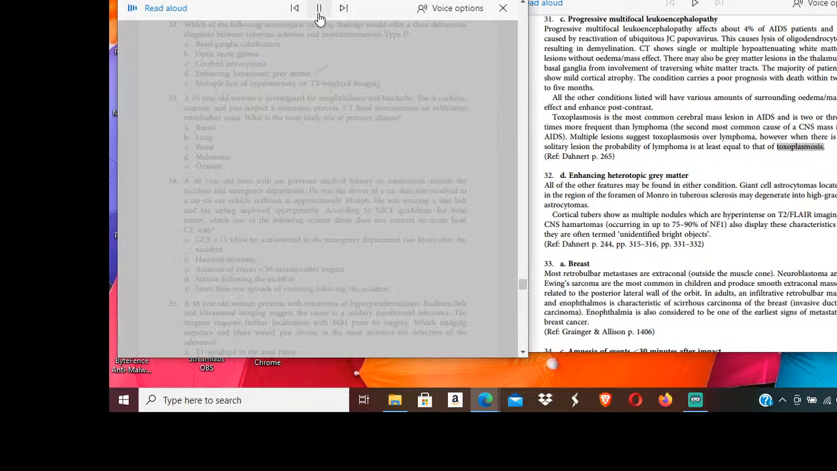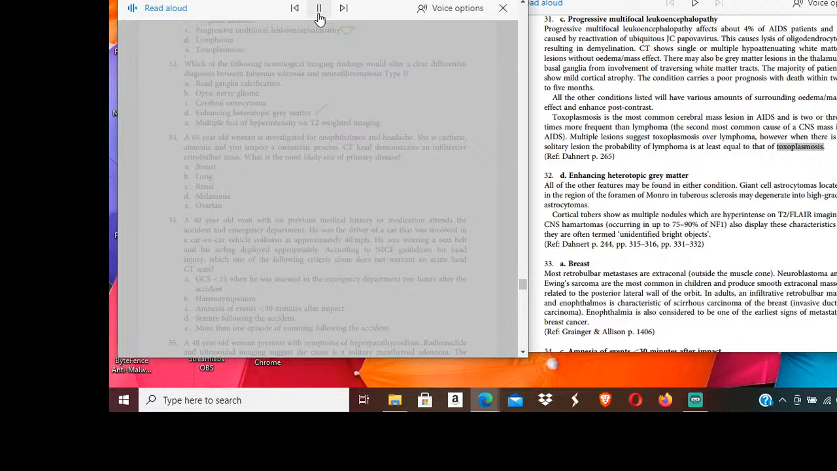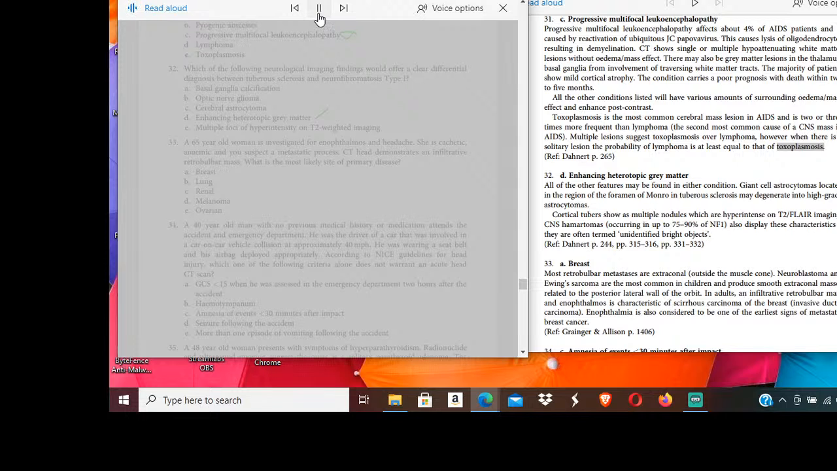Which of the following neurological imaging findings would offer a clear differential diagnosis between tuberous sclerosis and neurofibromatosis type I? A. Basal ganglia calcification. B. Optic